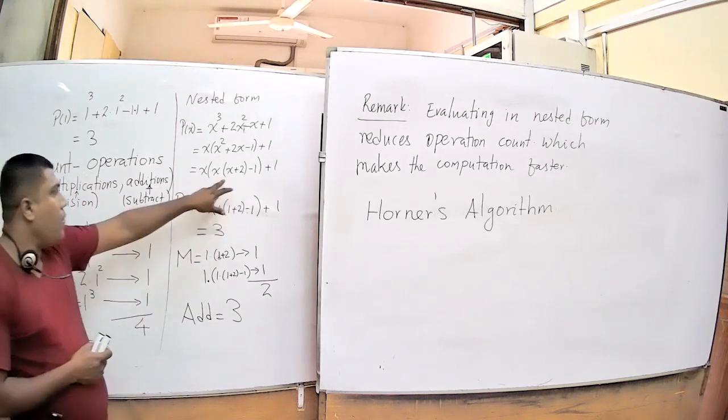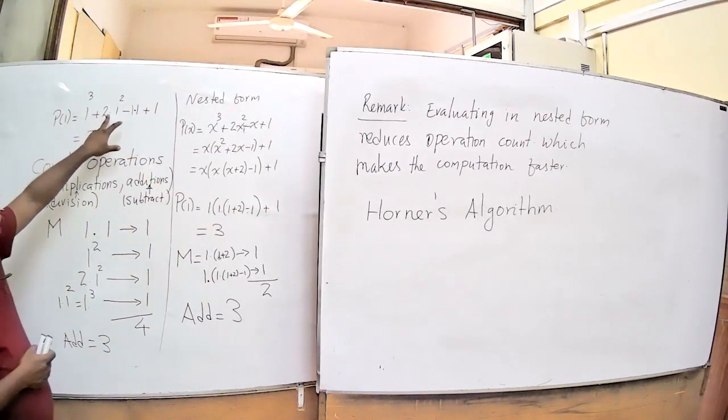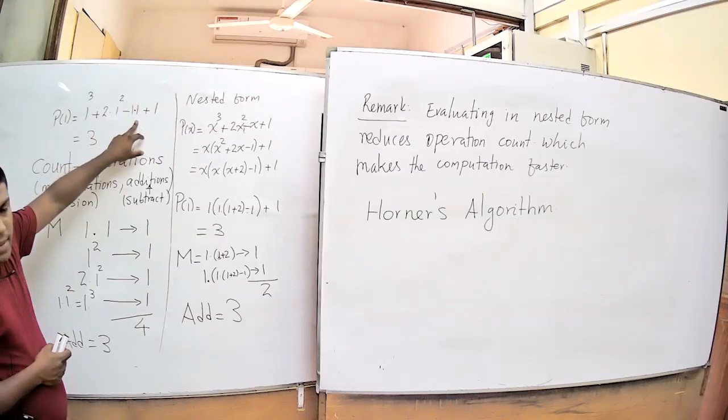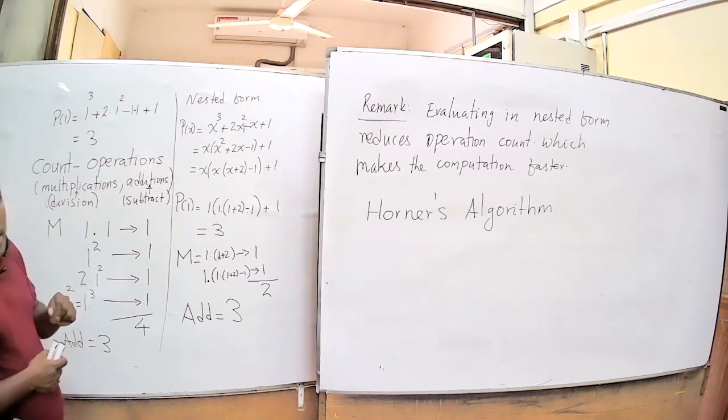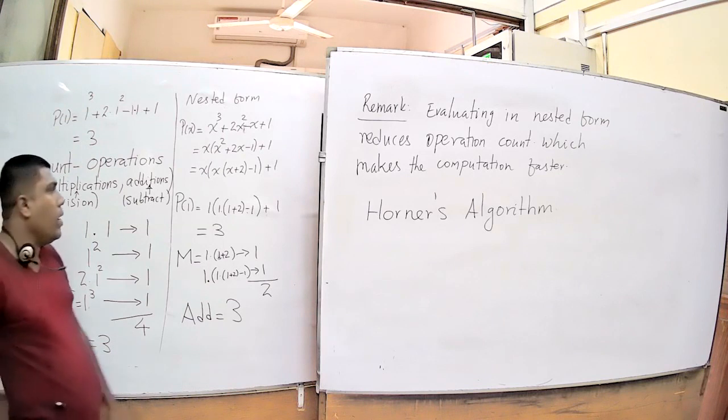For example, instead of calculating 1 cube plus 2 times 1 squared plus 1 times minus 1 times 1 plus 1 and summing all of them to get the number, what Horner's algorithm would do is